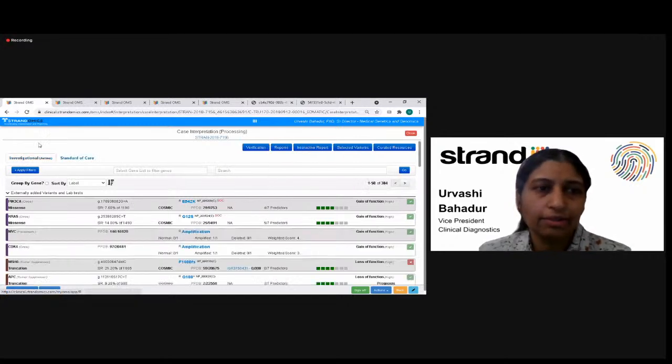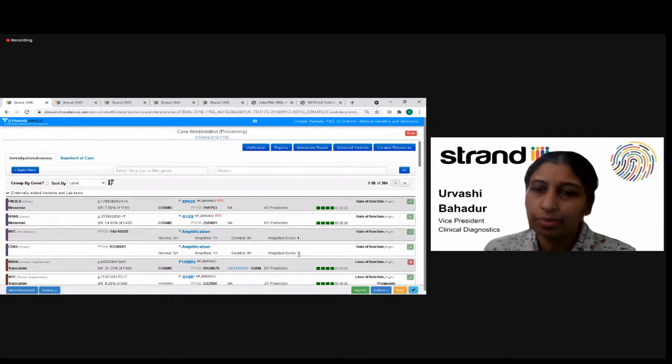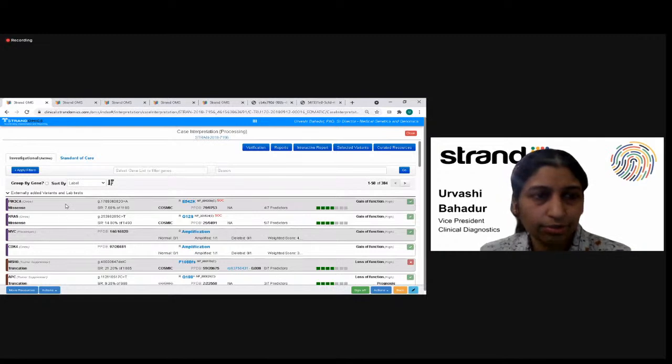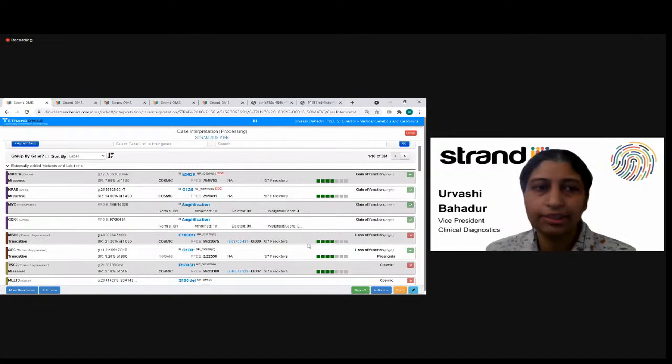And then you're back to the investigational tab, which shows you all the other variants, which may or may not have implications for standard of care drugs, like these two have, but also other variants which can have implications for drugs in trials. So once we have that list here, we can go through each of these variants in detail. Now let's look at what a typical variant card has. So once we look at a variant,